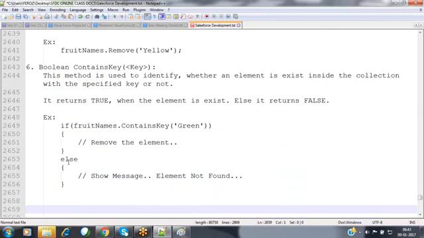So based on that element's existence, we can perform whatever operation that you want. If you want to fetch the element, or if you want to remove that element, then at that time we have to cross check whether the element exists with this particular key or not. For that, we are using the contains key method. If the element exists with this particular key, then we can remove that element, or else we can show some different message to that user here.